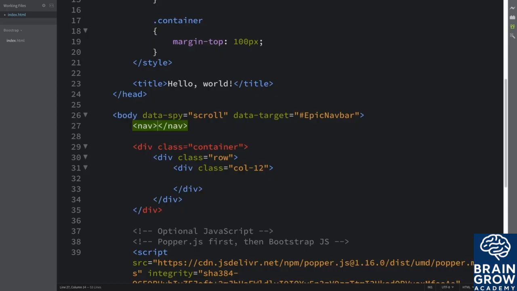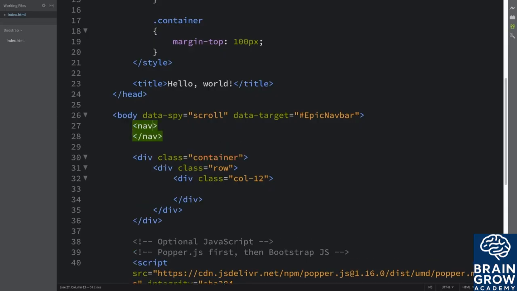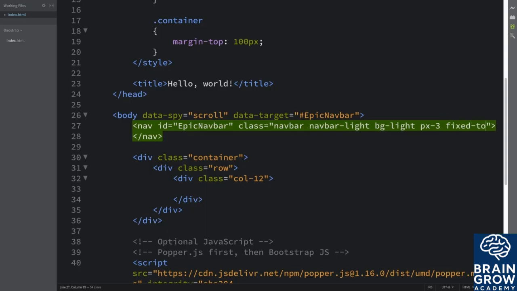So nav, and we're going to put id="epic-navbar" class="navbar navbar-light bg-light px-3 fixed-top". Okay,